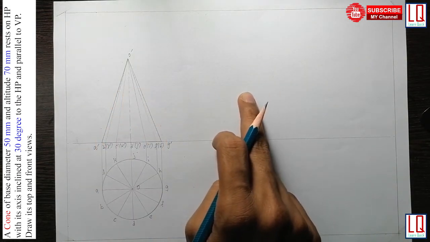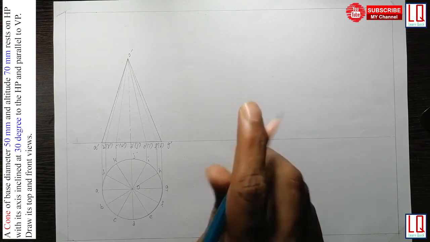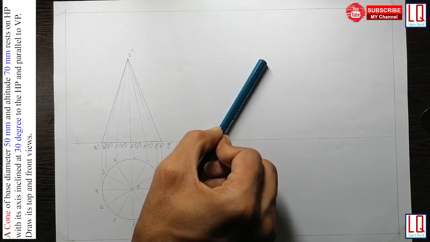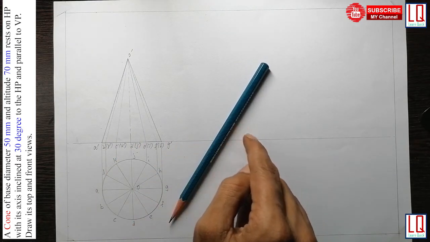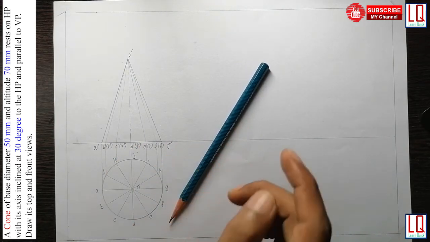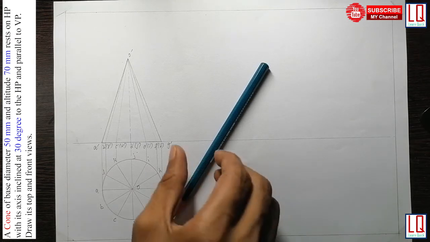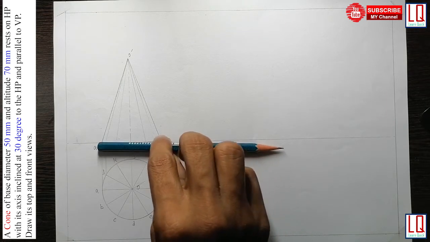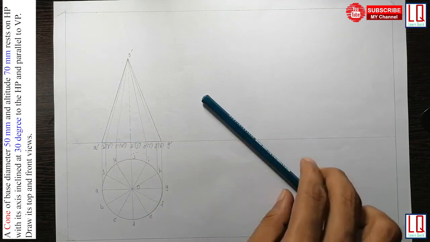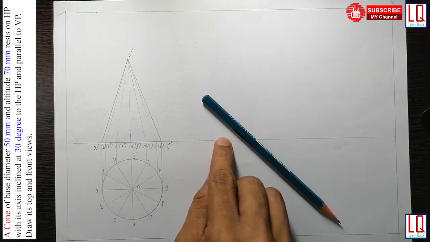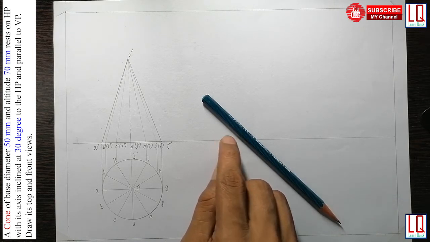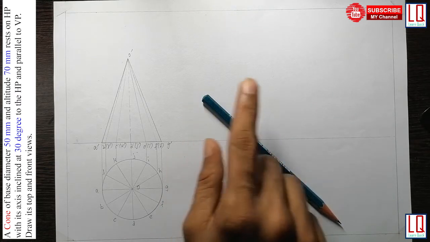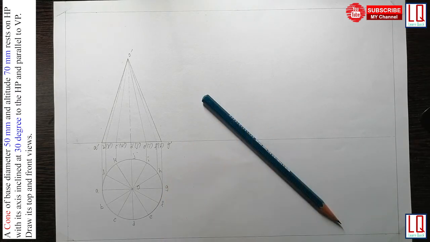Here we are going to draw step 3. In step 3, I need to incline this axis line at an angle of 30 degrees. But for construction ease, instead of inclining the axis, I am going to incline the base at 60 degrees. I will explain how this 60 degrees came, and how to calculate this angle, after drawing step 3 so that you can understand it better.